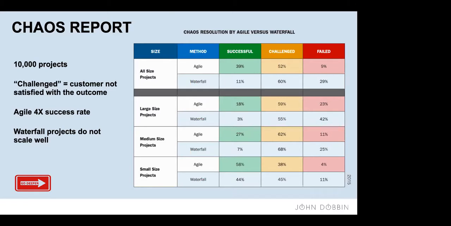And 10,000 projects is enough data for us to make a business case to go Agile or not. But to me, the biggest business case is to really get close to your business users and to try to reduce that challenged column, whether it's in waterfall or Agile. If we don't really understand the requirements as developers, we are going to deliver solutions which our customers do not like.